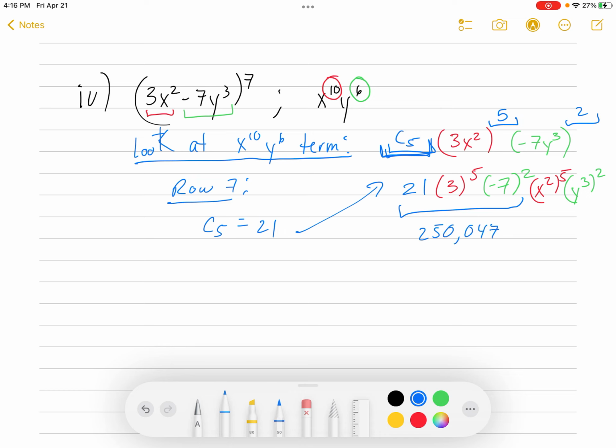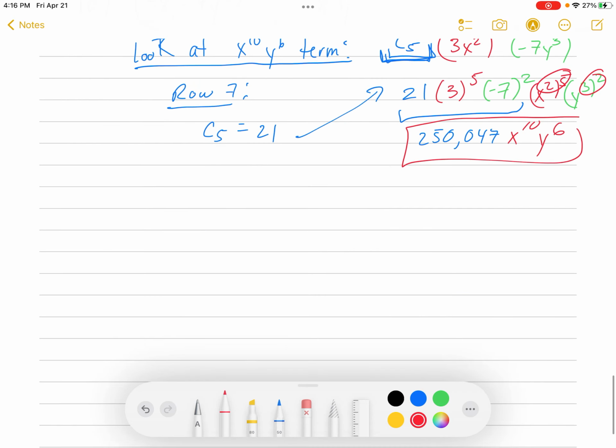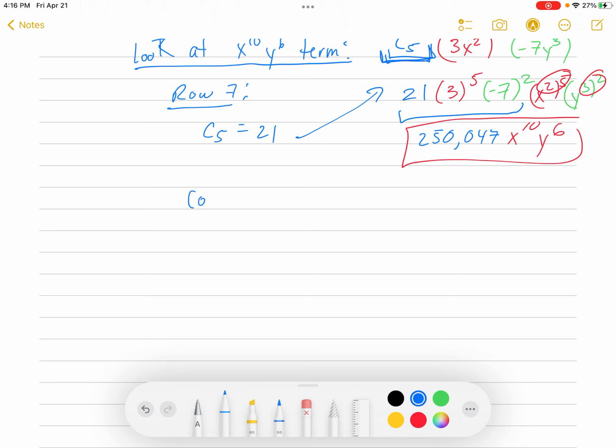That's going to give us 250,047. And then when you multiply these, you're going to get your x to the 10th. And then when you multiply these, you're going to get your y to the 6th. And that's what we wanted, right? We wanted x to the 10th, y to the 6th as our term. So there's the term. Let's look at the coefficient in front of the term, that blue number. Coefficient for x to the 10th